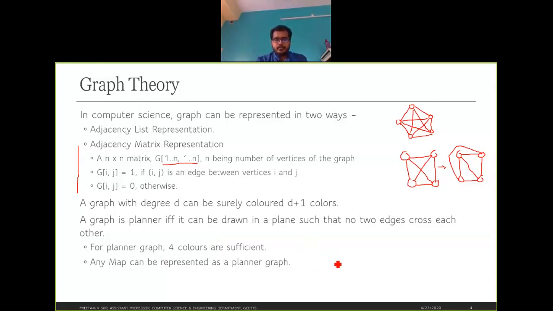Any map in this world, such as the political map of India, has so many states, and that can also be represented as a planar graph. So the map coloring problem can be reduced to the graph coloring problem. Any map can be colored with four colors only.